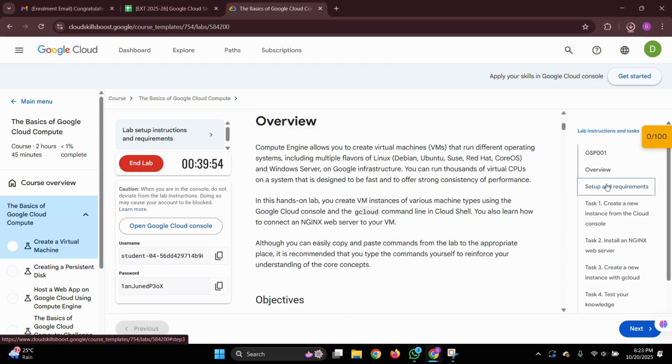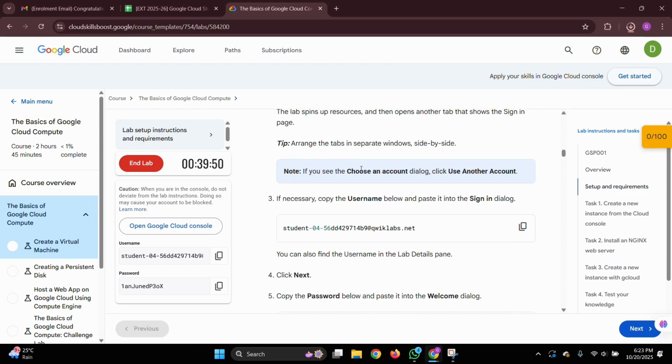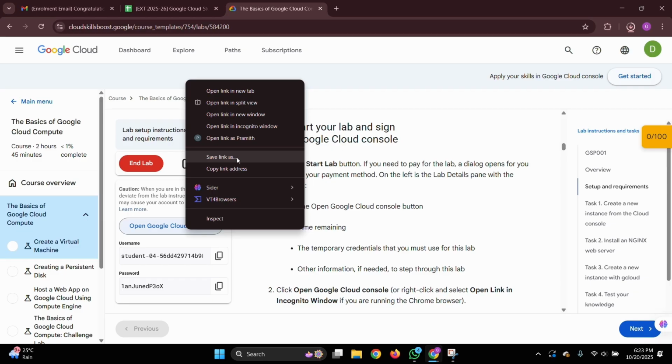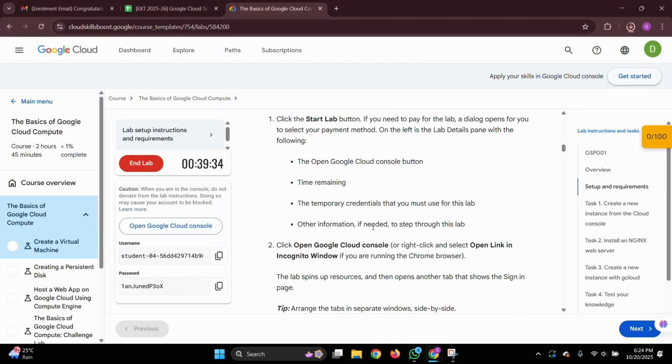Next, go to Setup and Requirements. It will show you what you need to do before running the lab. At first, you need to right-click on Open Google Cloud Console and click Open in Incognito window. You need to complete all your labs in an incognito window. So going back,